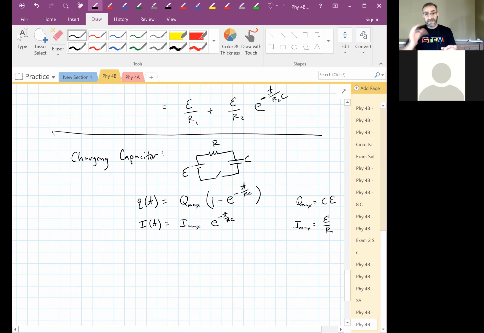When the very first current starts to move, it's almost like the capacitor is not even in the circuit at all. So it's just a battery and a resistor. And then as soon as charges start to build up, a split second after you close the switch, the current starts to drop down from that. But for a discharging capacitor,